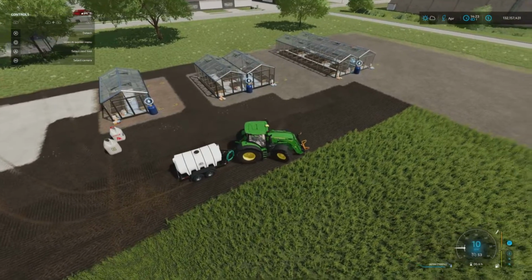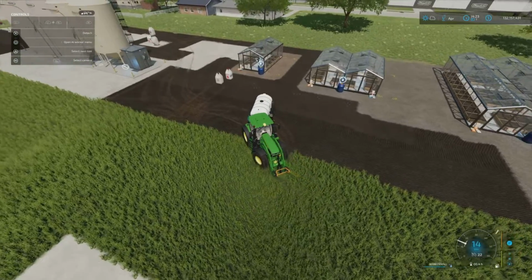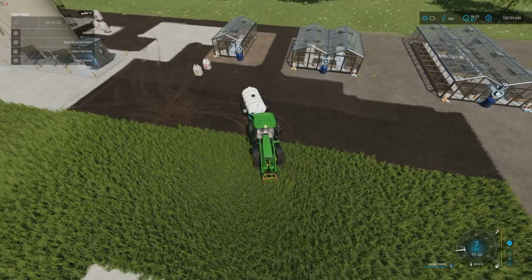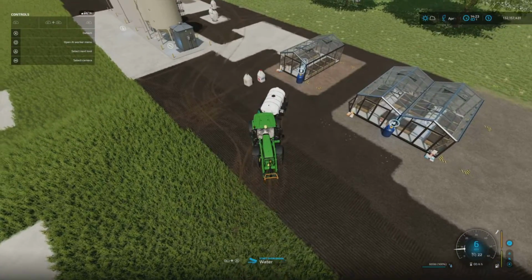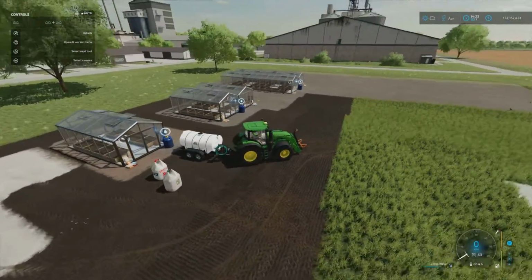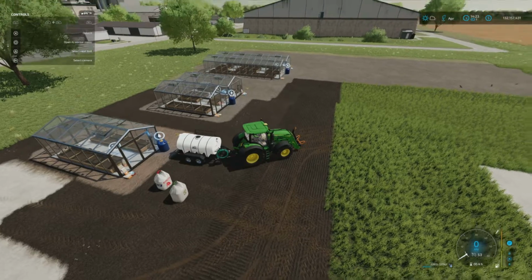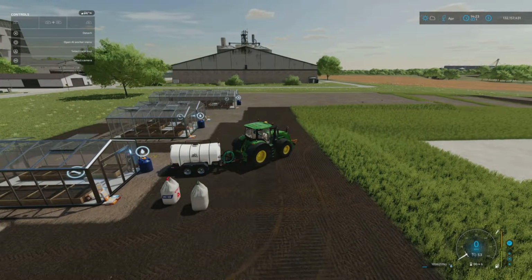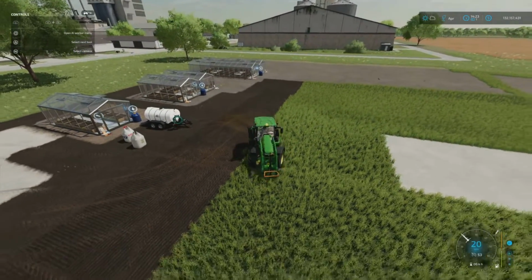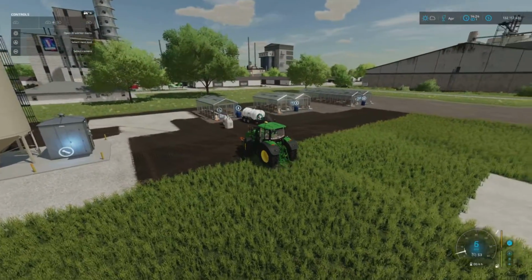So I'll just jump in and show you guys. I've got my tanker of water here. If I can reverse, don't reverse like me. So we add our water. Just empty the tanker. The small one doesn't quite hold a full tanker. Holds about 6,000 litres, I think. And then we now need to